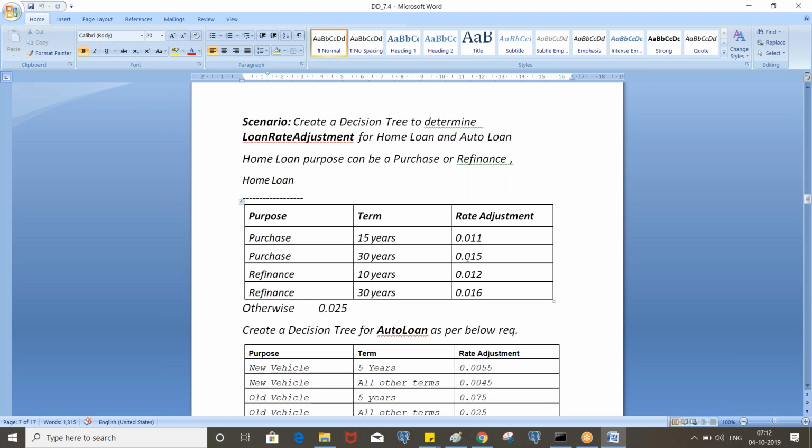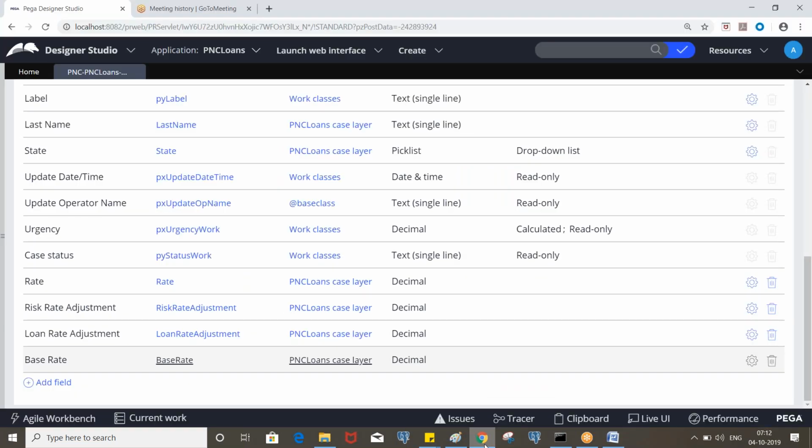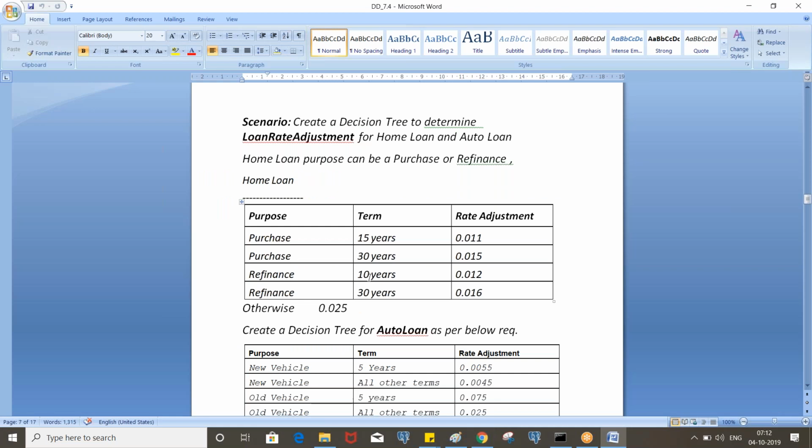Let's say 30 years, return this much. So it is a purchase, but not 15 years and 30 years. Let's say it is 20 or 25. So it will go to otherwise and it will return some value. So determine loan rate adjustment by using the decision tree. These kinds of conditions cannot be put in a decision table.